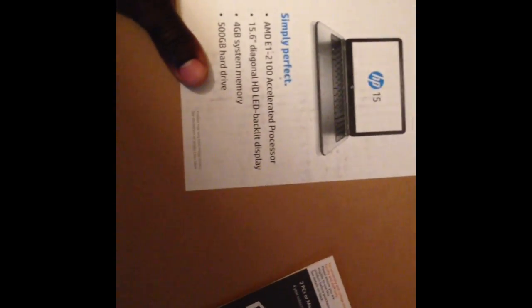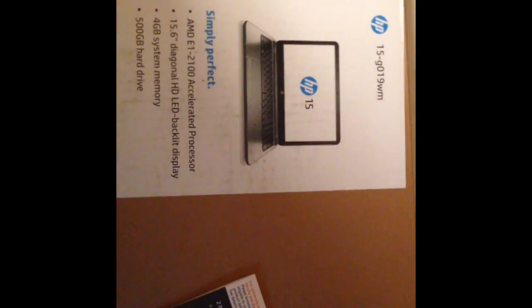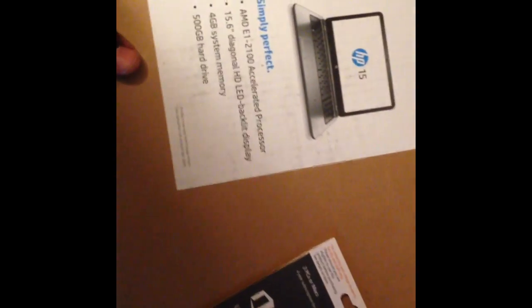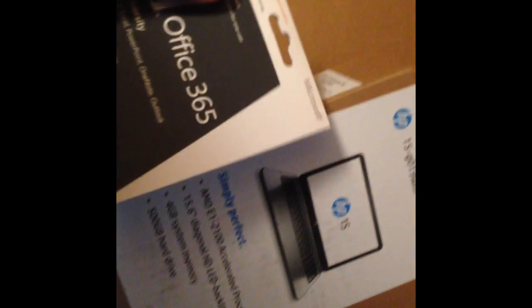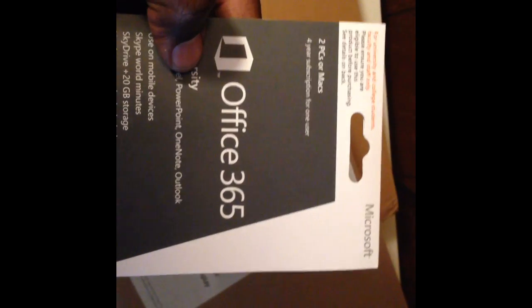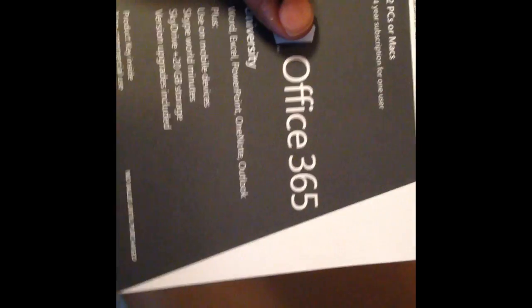I'm making a review of some laptops that I just purchased. This is the HP 15-g019wm, and because each one of these is $300, instead of just getting one, I got two. So I have two 15-g019wms. I also purchased Microsoft Office because for some reason Microsoft feels that they need to make everybody buy